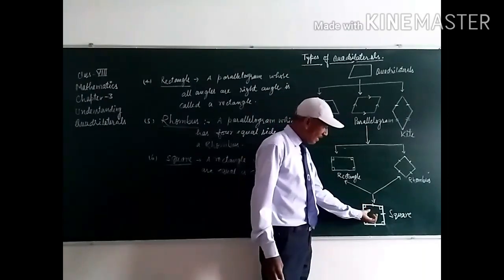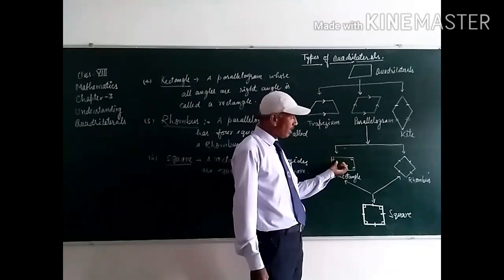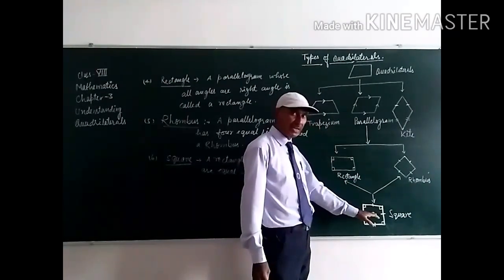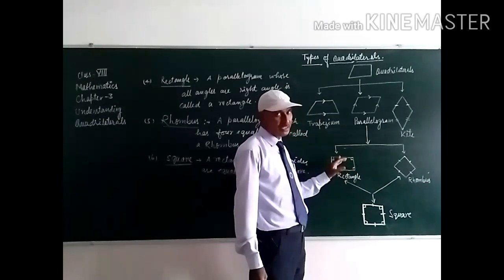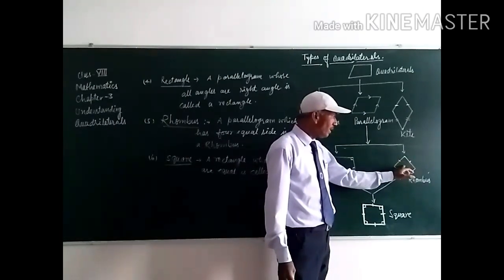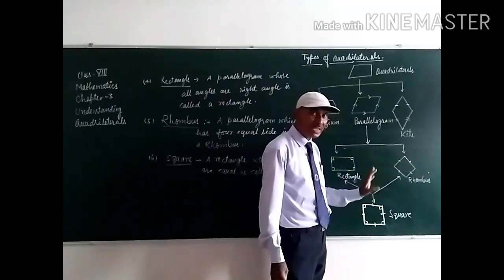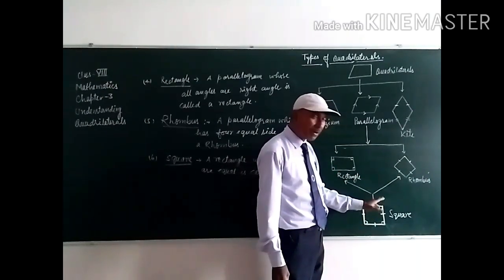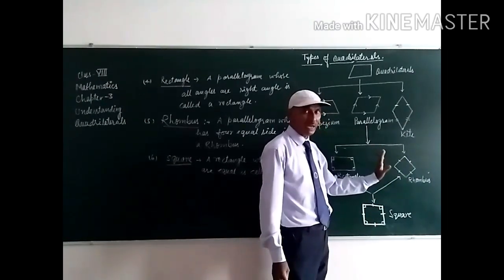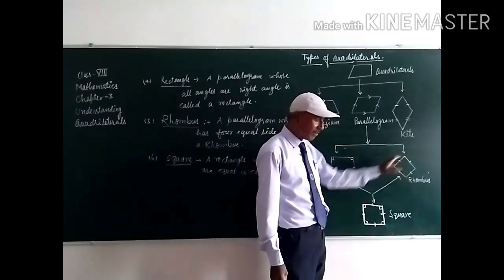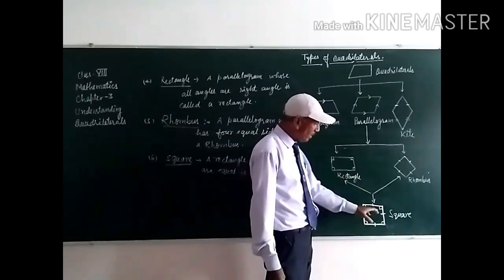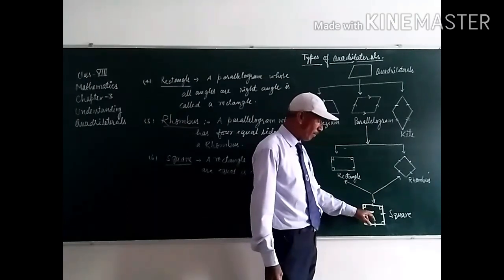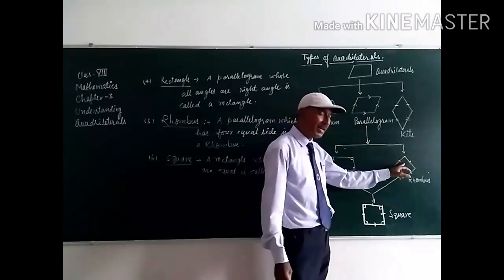Students, we can say a square is a rectangle, but we cannot say a rectangle is a square, because a square belongs to the family of rectangles. The same goes for the rhombus, which has four equal sides. A square also has four equal sides. So we can say that a square is a rhombus, students, but we cannot say that a rhombus is a square. A rhombus is a different figure. The square holds the properties of a rhombus, therefore it is a rhombus too and a rectangle too. It belongs to both figures. So we can say it is a rectangle, we can say it is a rhombus, but we cannot call a rectangle a square, and we cannot call a rhombus a square.